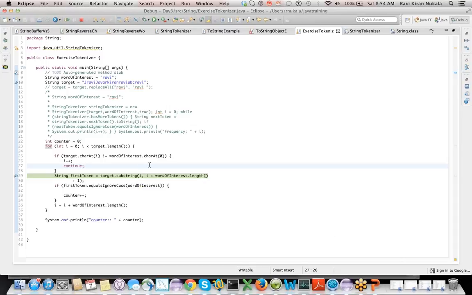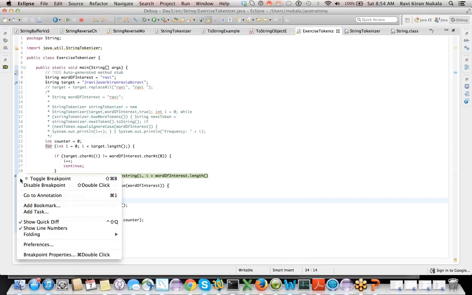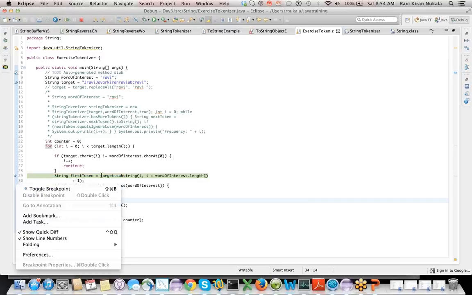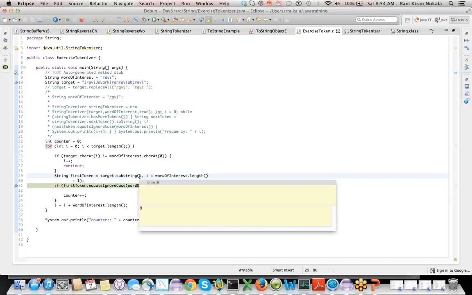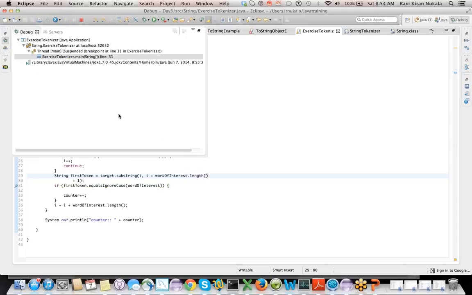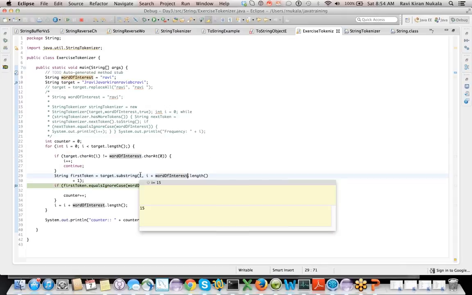See, multiple iterations are going through without incrementing I. How is that possible? Okay, let me put it after this. 15. So we went through some stuff. Okay. 15, 0, 1, 2, 3, 4, 5, 6, 7, 8, 9, 10, 11, 12, 13, 14, 15.